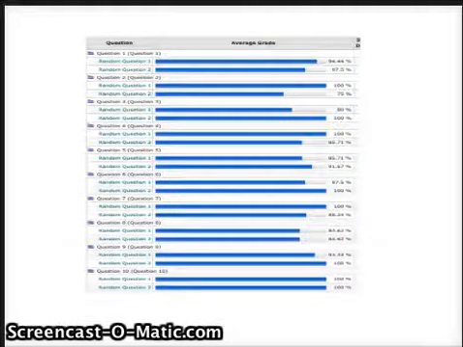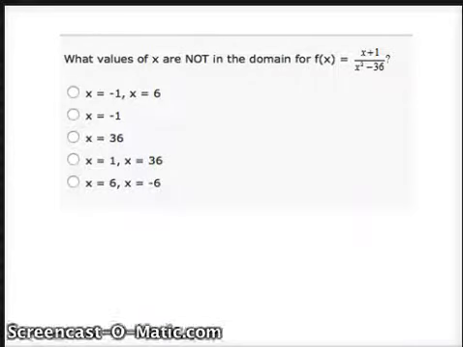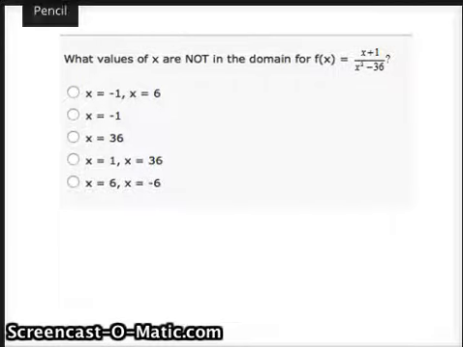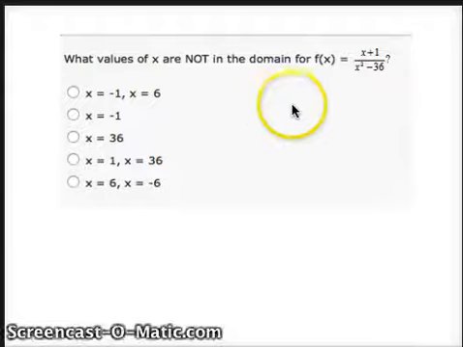This slide talks to you about the performance. Actually, overall, very, very good, but I do want to go over a couple questions. What values of x are not in the domain? Now, remember, according to the lesson and my videos, I know you're probably tired of me talking about my videos, but